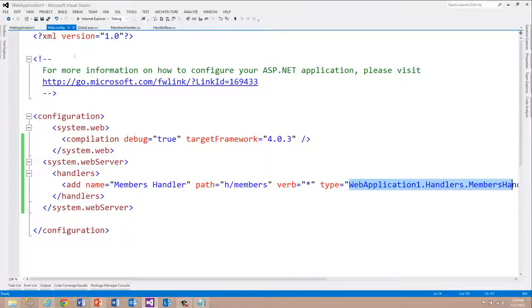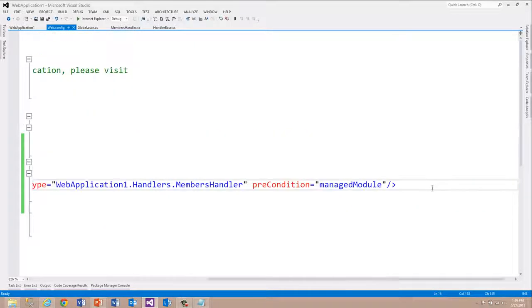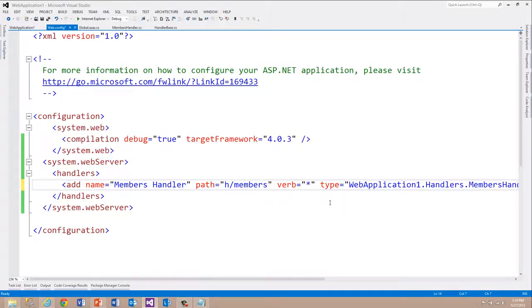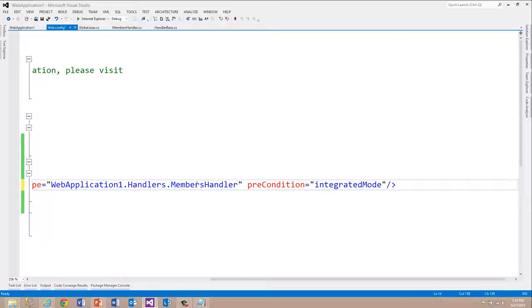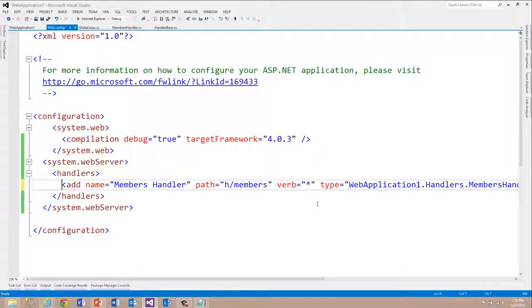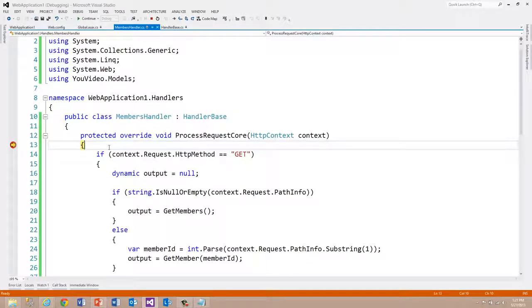I think it's integrated mode, not managed module, but integrated mode. So essentially integrated mode tells IIS 7 to treat this handler as part of its own pipeline, which did not used to be the case in earlier ASP.NET versions. In ASP.NET 2.0 they introduced the integrated mode versus the ASP.NET classic mode. So anyway, that's it. So if I run this, once we step in here,